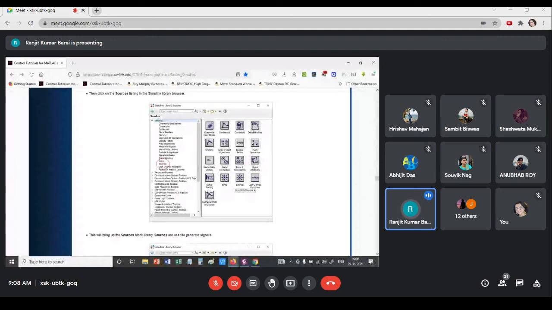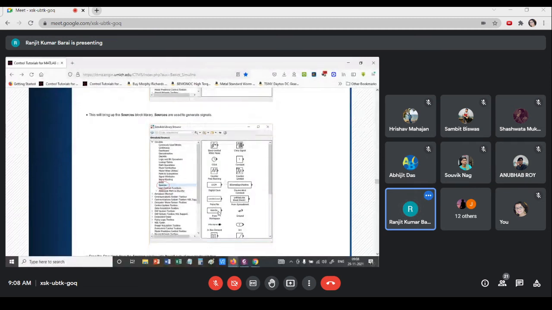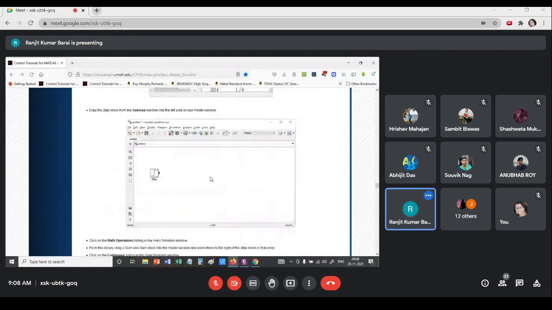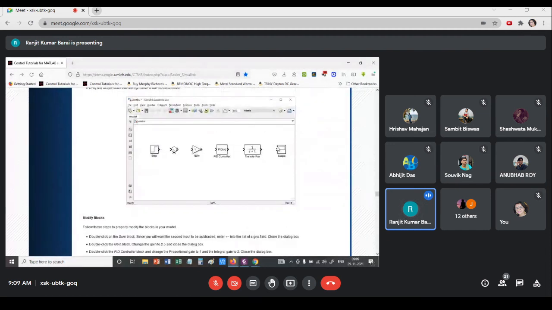Commonly used blocks, continuous. If you click them, they will expand like this. So clock, constant value, like this. So step input, they are dragged like this. Then you arrange all the blocks nicely in a line. When they are not connected, the output will be shown like this and input will be shown like this. A source block has no input, it has only output. And the oscilloscope, the sink, they have only input, no output. They are ports basically.